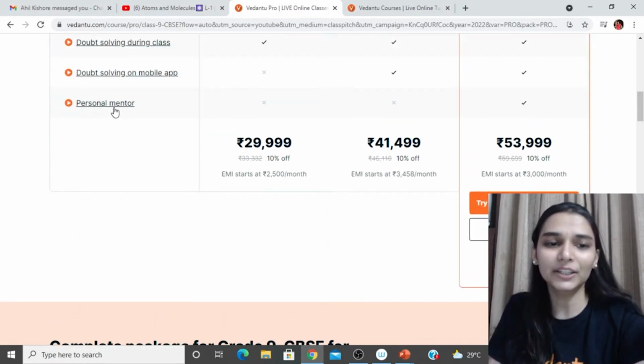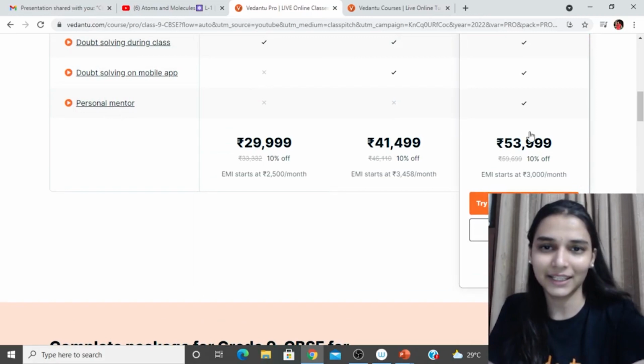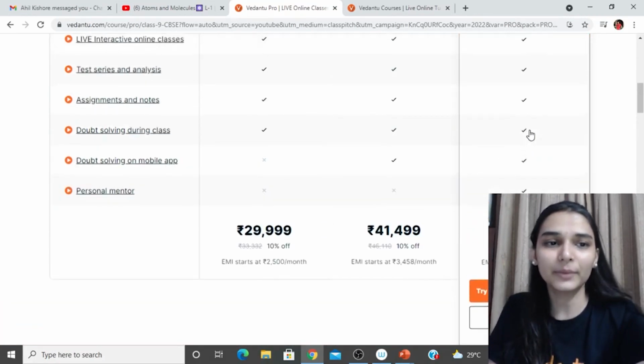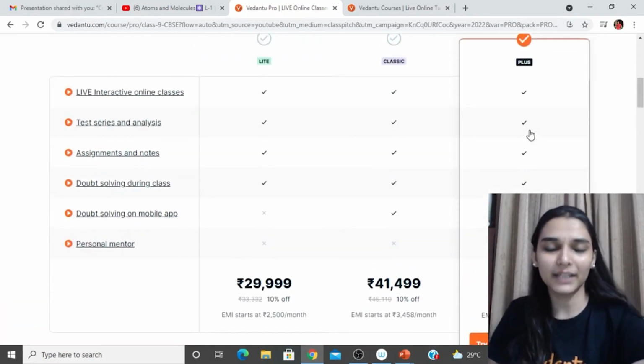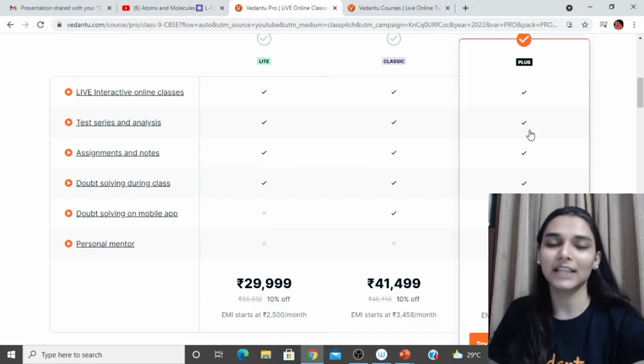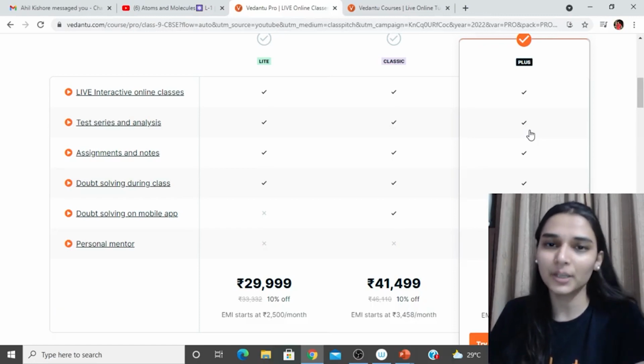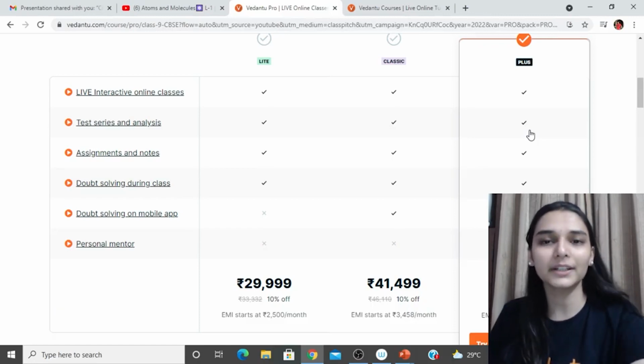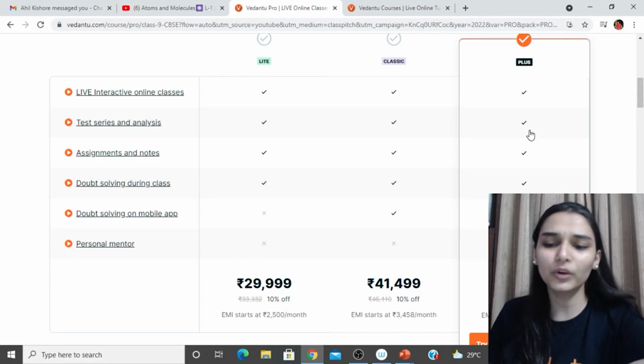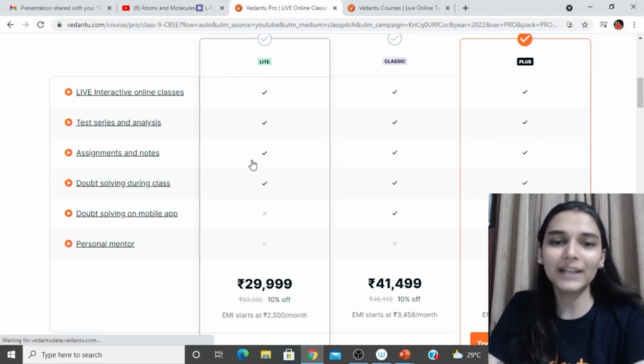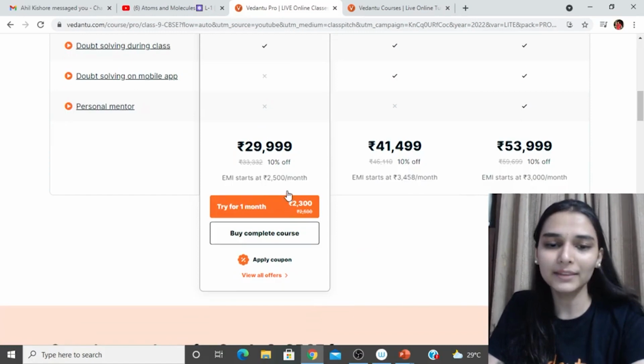यहाँ पर basically you are getting a personal mentor also. That is why it's like relatively expensive. So yeah, personal mentor will be guiding you throughout your academic journey. If you have any issues in the live classes या फिर if you have any issue with any topic that you didn't understand, personal mentor will be helping you for career counseling as well. या कोई भी आपको issue होगा then that will be resolved by them. But you should go for 1 month subscription